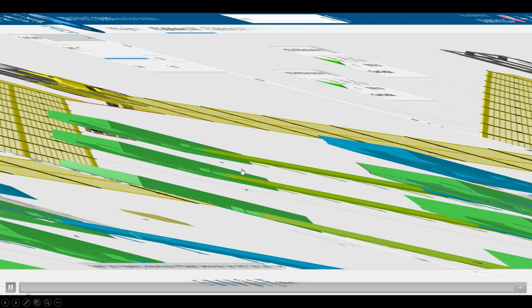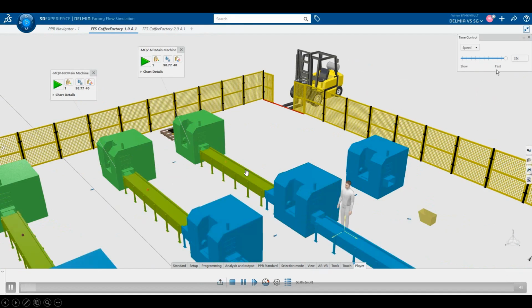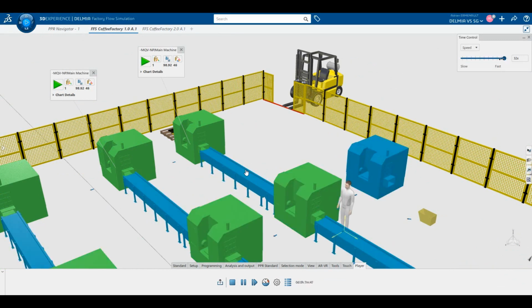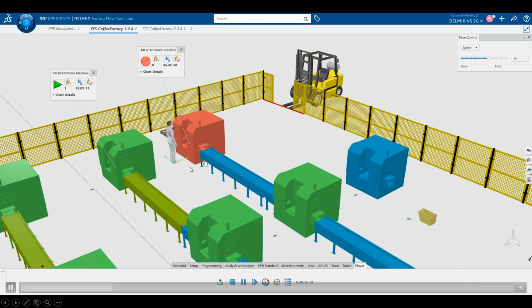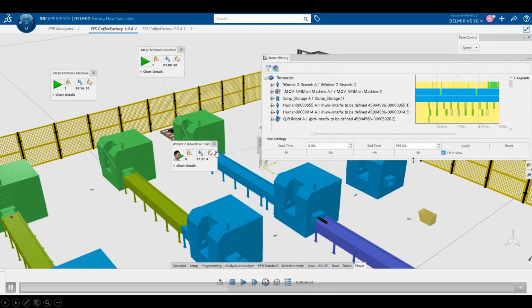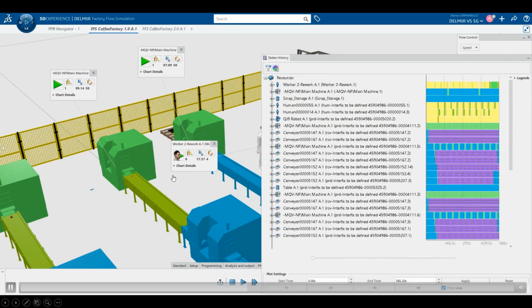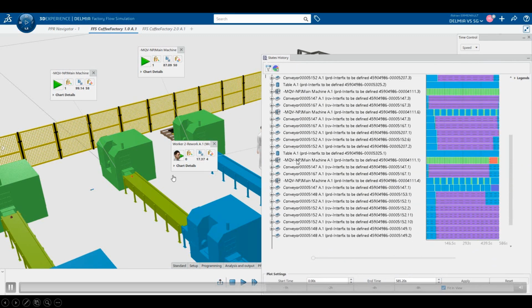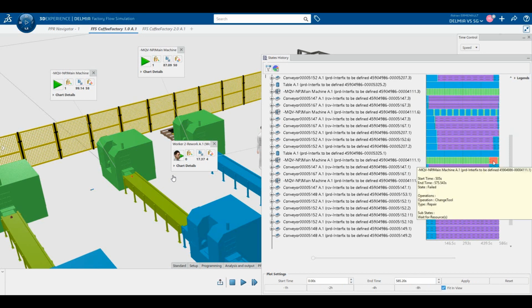One more item I did mention is the capability of simulating machine breakdown, or maybe cleaning that you need to perform. Here we define on this machine an MTBF, and when we have a breakdown of the machine, we assign this worker as the person in charge, with the skills to perform the maintenance, the tool change, or the cleaning of the machine, whatever needs to be simulated.